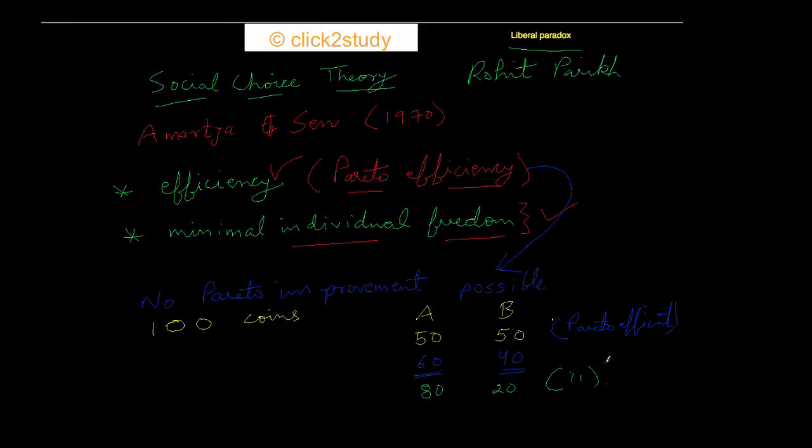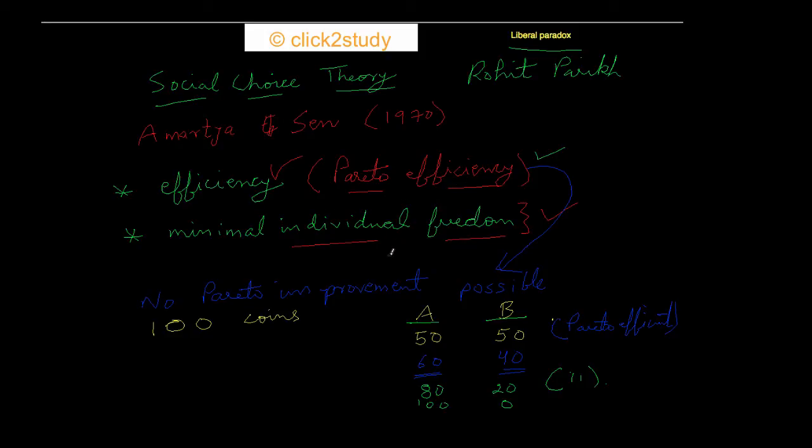That's about Pareto efficiency. Pareto efficiency has nothing to do with what's called basic justice or equitable distribution. It is quite possible that I give all the 100 coins to A and 0 to B and it is still Pareto efficient, because to make B better I have to take from A. So that's what they are talking about, this minimal efficiency, this basic idea of efficiency, that this is Pareto